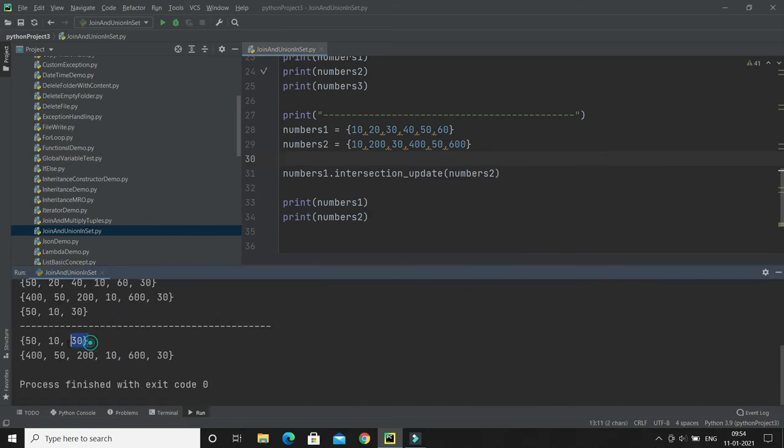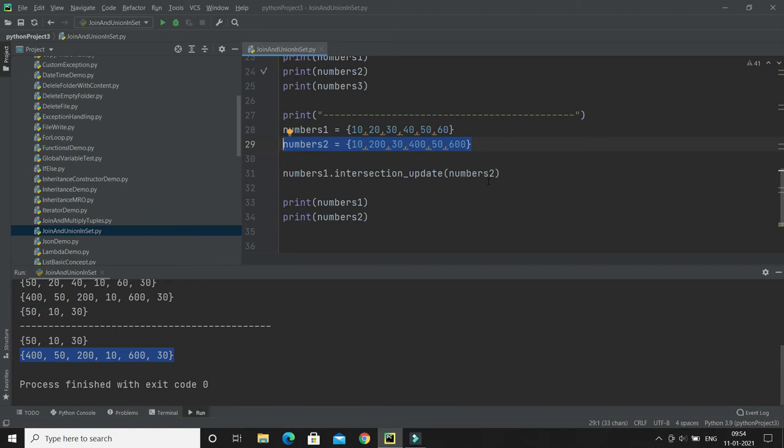Here you can see the first set has been updated with the intersection of these two sets, but the second set is unchanged. That is what I was trying to convey to you. I hope you understood the difference between intersection and intersection underscore update, right?